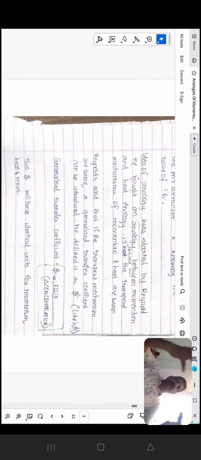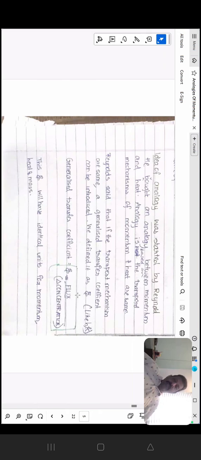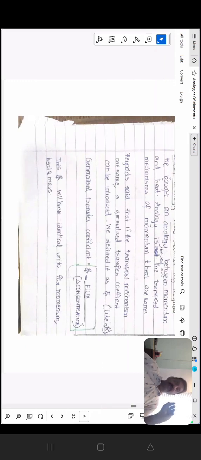That is the momentum concentration we saw, rho into V. Heat energy concentration, rho CPT, right? That is the heat energy concentration. That's a gradient. Okay, there will be a flow in the direction normal to the flow. When the flow happens like this, in this direction momentum transfer will happen, heat transfer will also happen. So he said that the transport mechanisms of both momentum and heat are same. So he thought that okay, if the transport mechanisms are same, then I can introduce a general transfer coefficient, heat